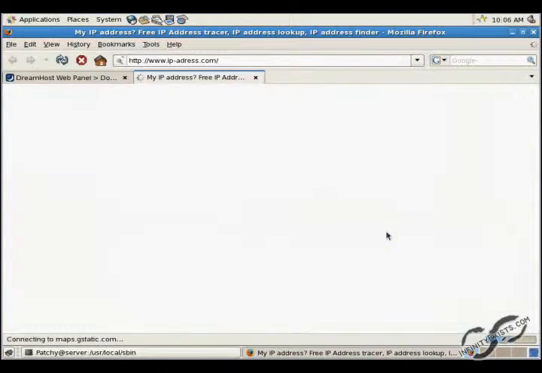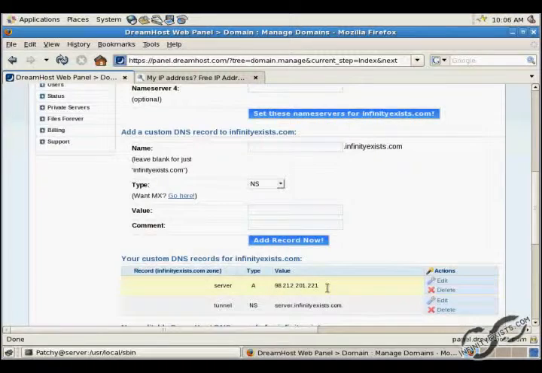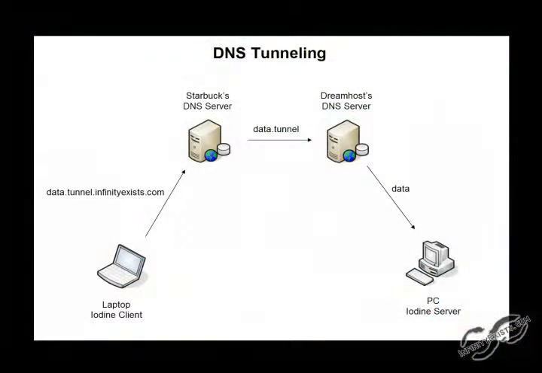Basically what this means is any DNS query ending with tunnel.InfiniSys.com will be delegated to our server.InfiniSys.com. This way we can send DNS packets from our laptop to the default DNS server, to DreamHost's DNS server, and then to our PC running Iodine. So this is the basic idea behind the DNS tunnel. The Iodine client running on our laptop will encapsulate our internet traffic into DNS queries. So the DNS packet will have a bunch of encoded data, then .tunnel.InfiniSys.com, which is sent to the default DNS server,